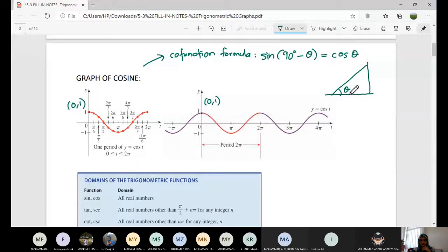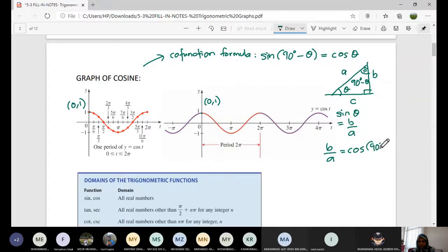So when the angle theta is here, let's say this is your A, this is B, and this is C. If we want to find sine theta, you will get opposite over hypotenuse, which is B over A. And B over A also is, this angle is 90 degrees minus theta. So B over A also is cos